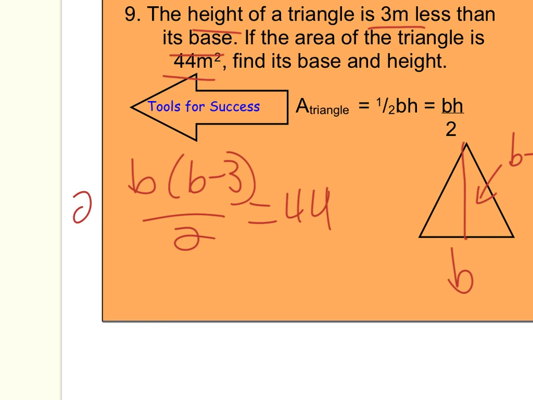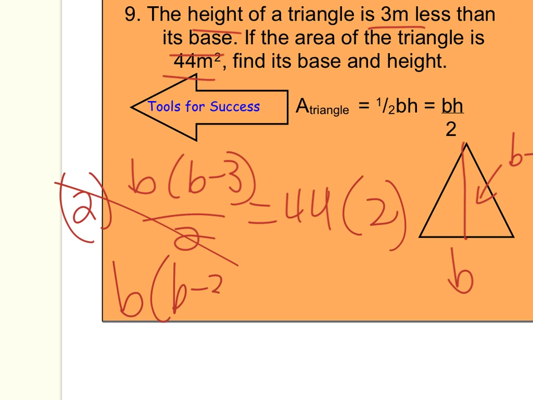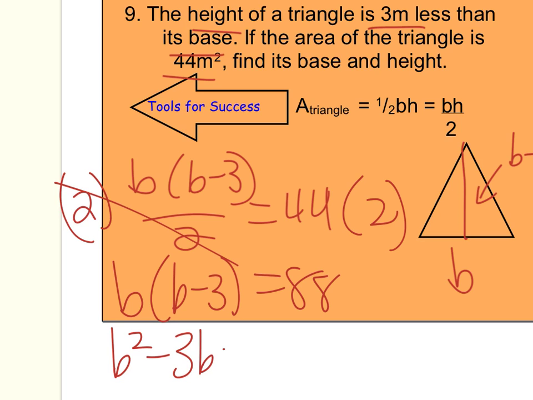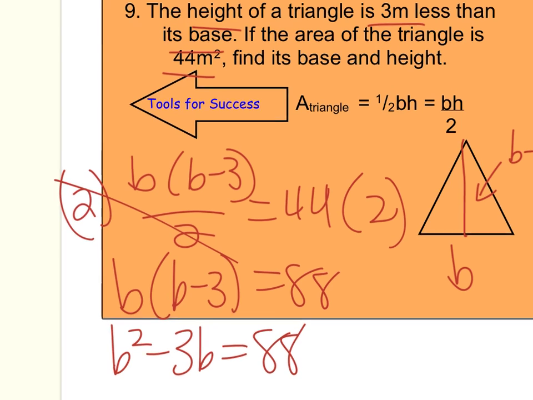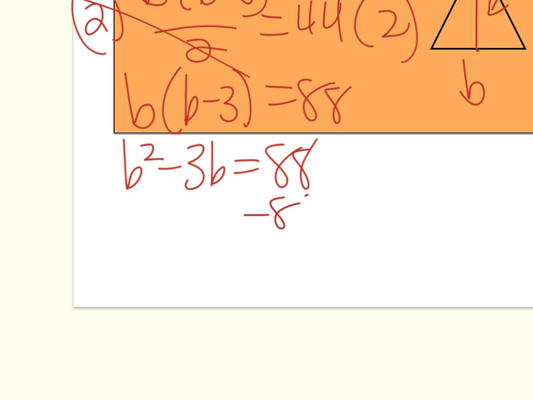All right, and right now this looks like a mess. I know you guys don't like fractions, so my first step is going to be get rid of the fraction, multiply both sides by 2. That's going to be b times b minus 3 equals 88. So that's b squared minus 3b equals 88. So then if I subtract 88 over,